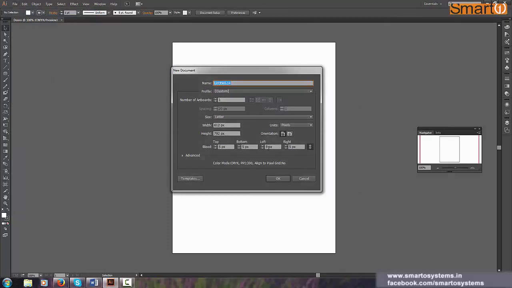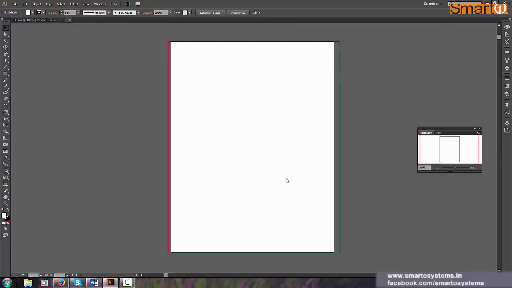Now we'll talk about this link, what it does. When this is on, all these 4 boxes will have the same value. If I change a value in any of these boxes, it will be reflected in the other 3. Now if I want asymmetric values, I can click on this link. Now this icon changed, and there is a broken sign over here. So I can have my custom values. Let's say this is 20 pixels, this 10, this is 5, and on the top we have 0 pixels of bleed. So let's click OK.